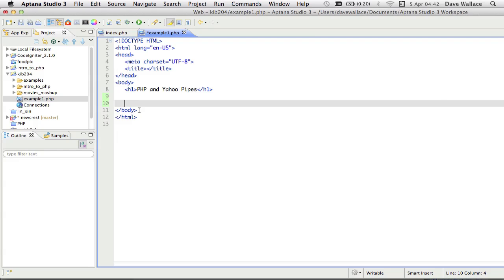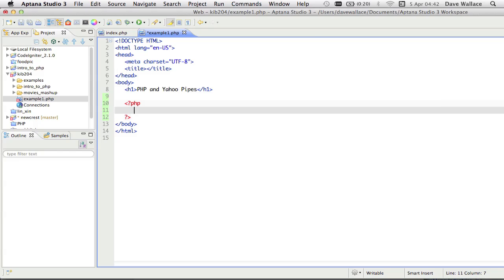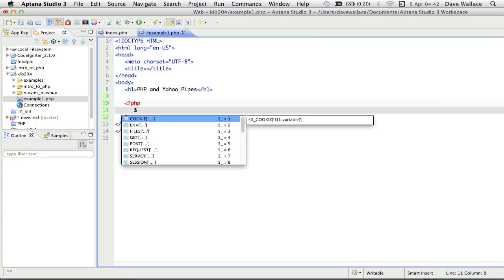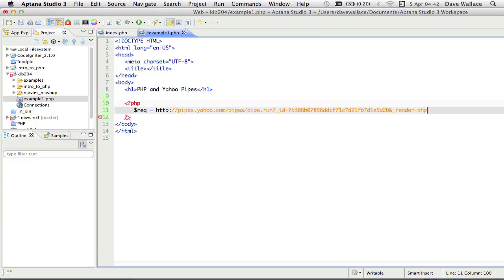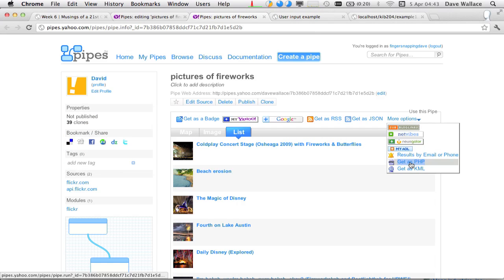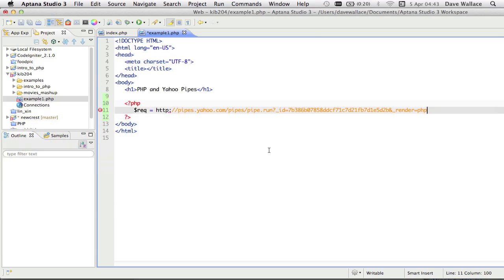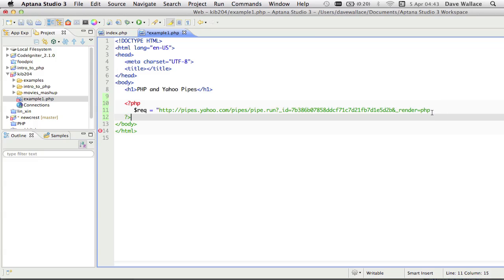Okay, I'm going to write some PHP now, so I'll create my PHP opening and closing tags. The first thing I'm going to do is create a variable which is going to hold my request URL. I'm just going to call that REQ for short, and I'm going to paste the link that I copied from this Get as PHP here. If I paste that into my browser, it's going to give me a PHP file containing that serialized data object. Now I'm going to put this within inverted commas